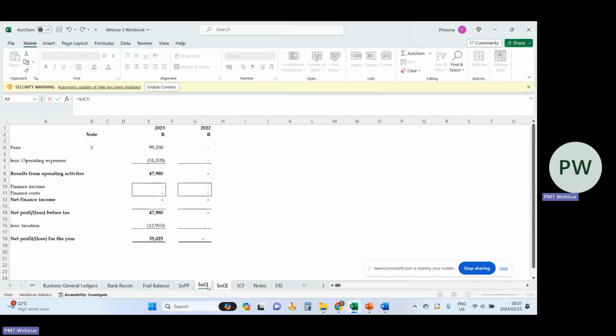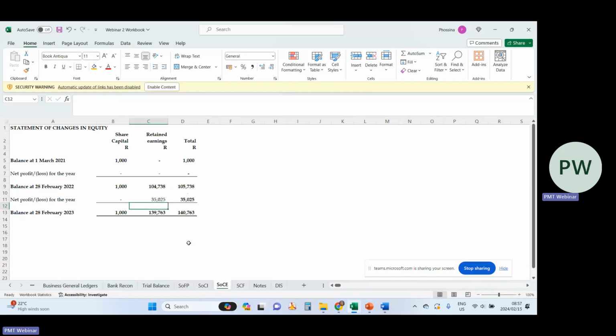And then we pick up our current year profit. Where do we pick it up? From our statement of changes in equity. So this is profit for the year, and then what we do, we add up. So this and that give us 139. Overall, plus our share capital, we then get 140. So this is what we are going to continue rolling forward